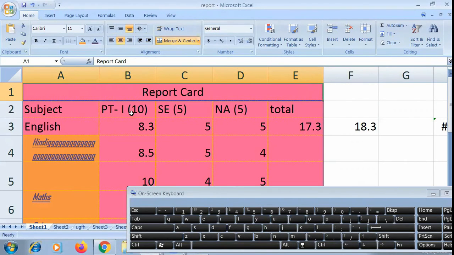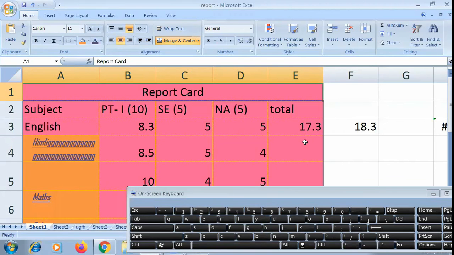This is a single cell, and the text appears in the middle and at the center. Understand? So if you want to convert a number of cells into a single cell, you need to use the merge and center option.